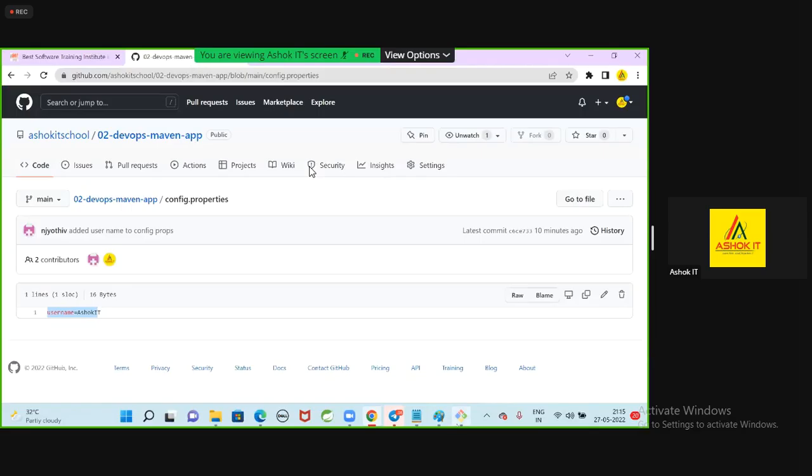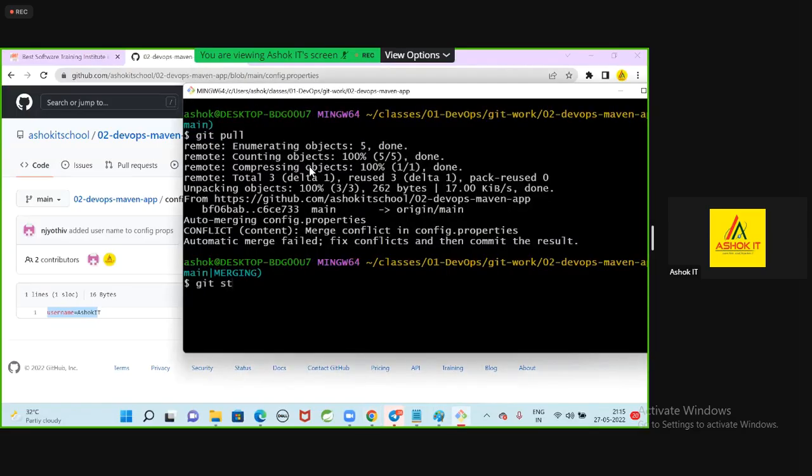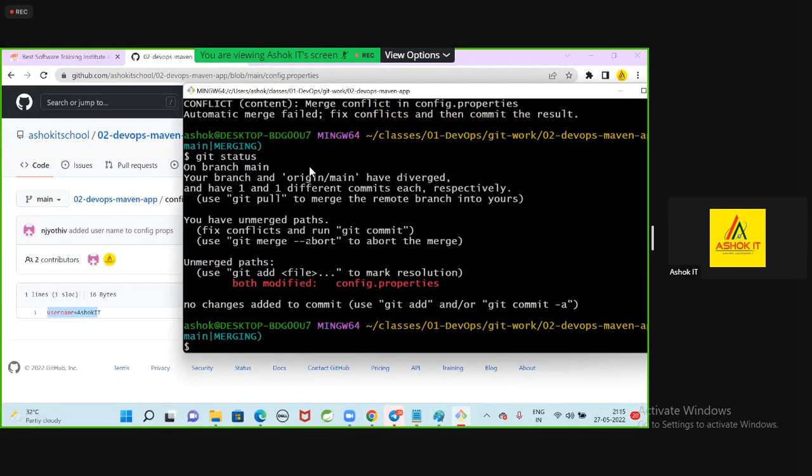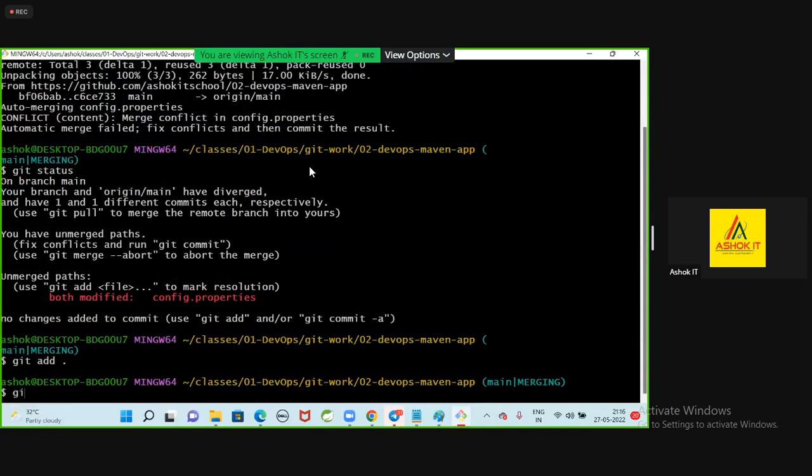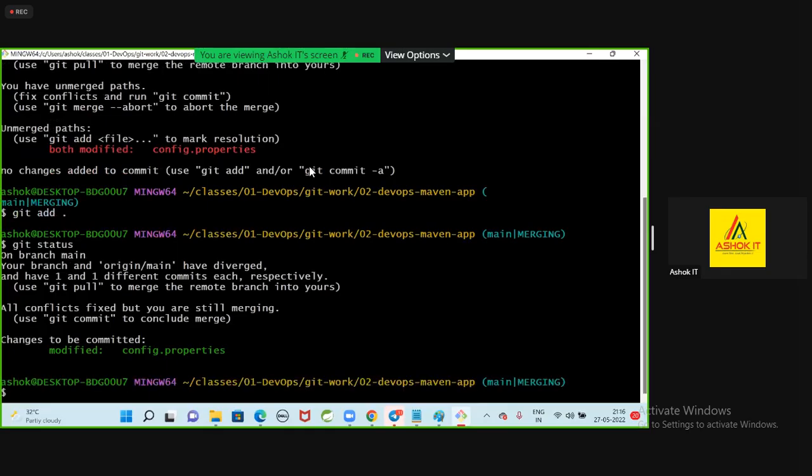Now go to Git Bash. Now see git status. Now the file is modified. That conflicted properties file is modified. It is in the conflict mode. Now I have removed that conflict. git add dot. I have added that file to staging. git status. Now git commit -m "resolved